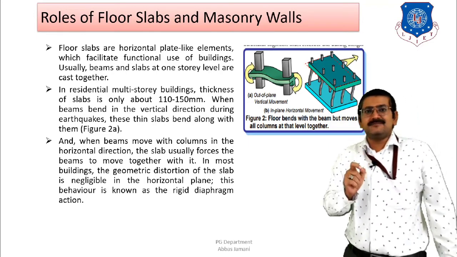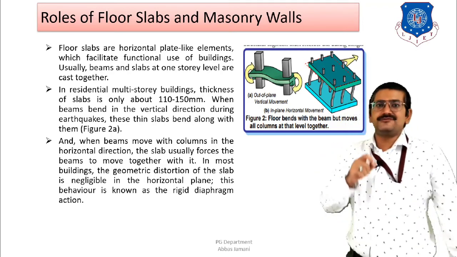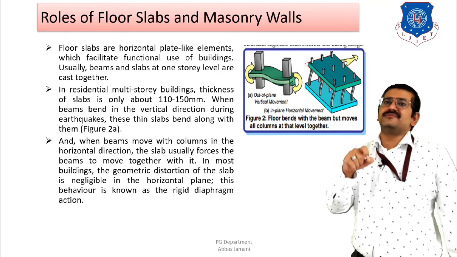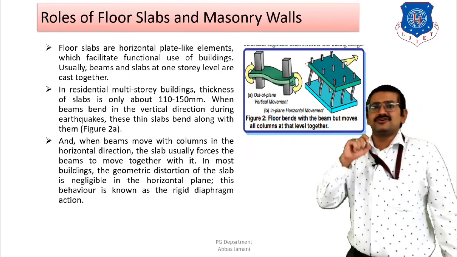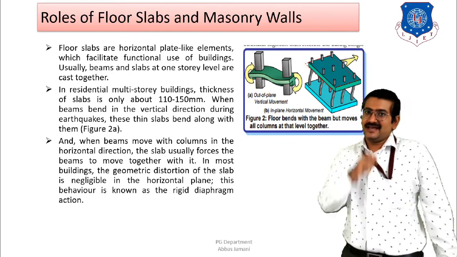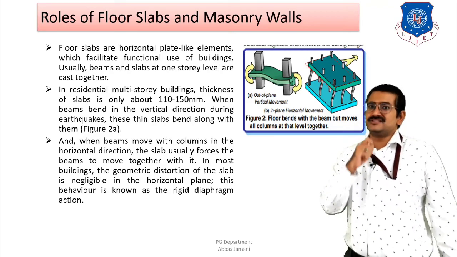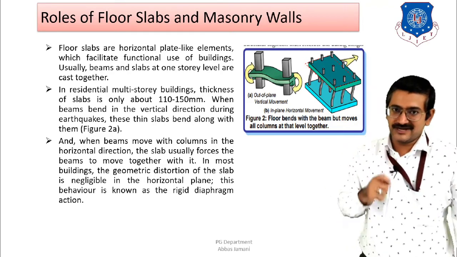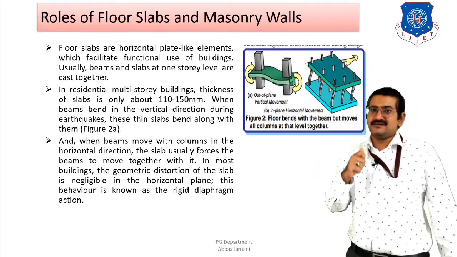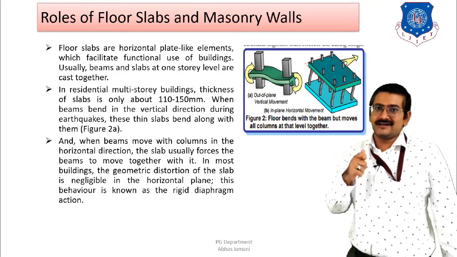Now this in-plane stiffness is going to be more if the entire slab is a solid slab. But if you have a central cutout, then the in-plane stiffness of the slab is going to be greatly reduced. And if it is greatly reduced, then the effect of rigid diaphragm is going to be less. As a result, there is a chance that uneven distribution of lateral forces is also likely to take place. So solid slab, in-plane stiffness of the slab, and rigid diaphragm action are greatly connected to each other.